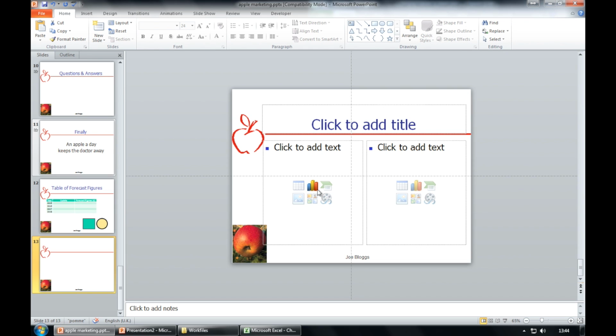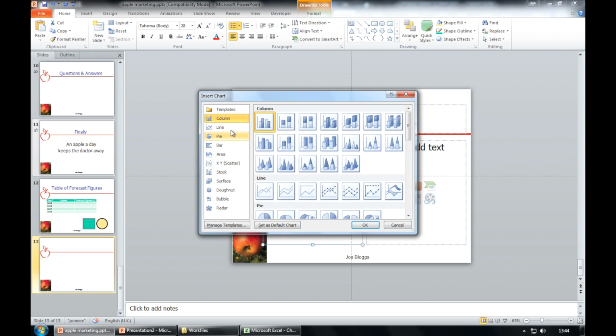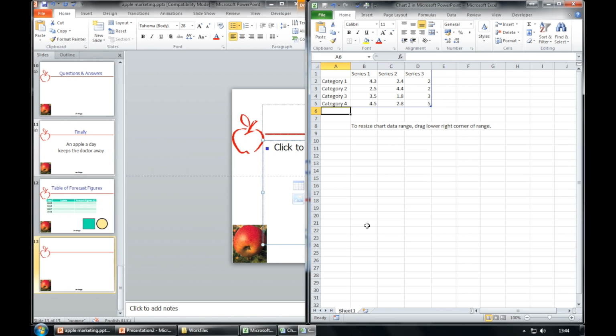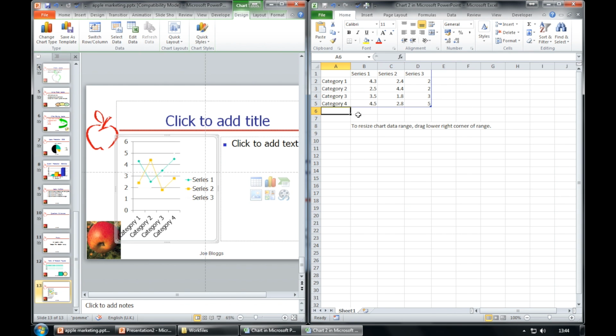So if we go to chart, we want a line graph. So insert chart, select line, and this is a marked line graph, or a line with markers. Here, and press OK. This will open up again an Excel document, and we just need to type our text in here. So we have got Apple type,